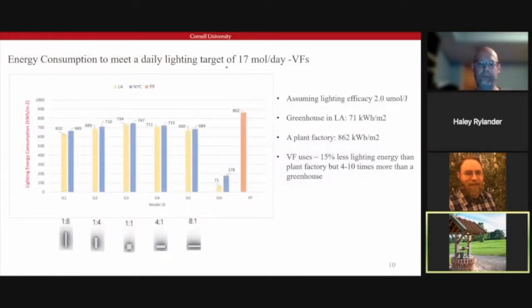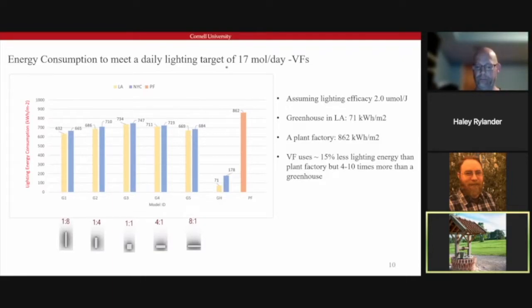So in order to maintain a daily lighting target of 17 moles of light per square meter per day in the vertical farms, this is how much energy each building would use. The plot shows lighting energy consumption on the y-axis, the vertical axis, and the different models on the horizontal axis. I'd like to draw your attention to the far right, where we have the plant factory lighting energy